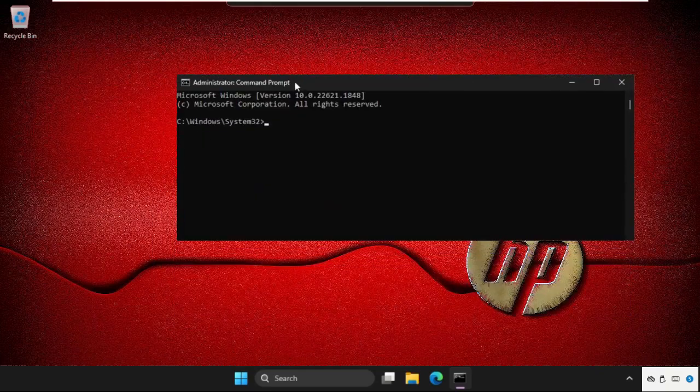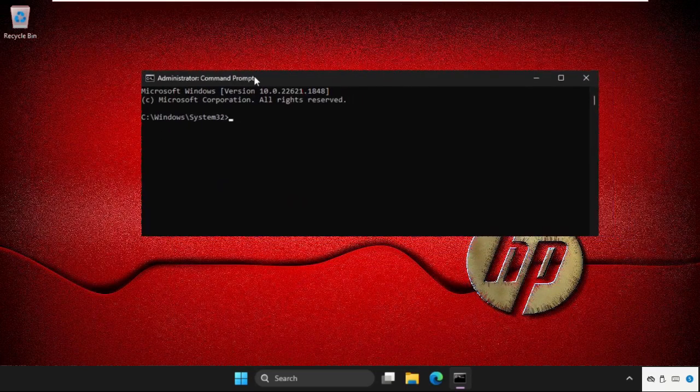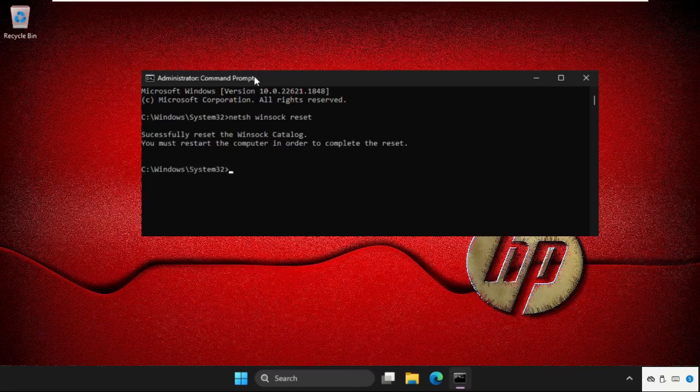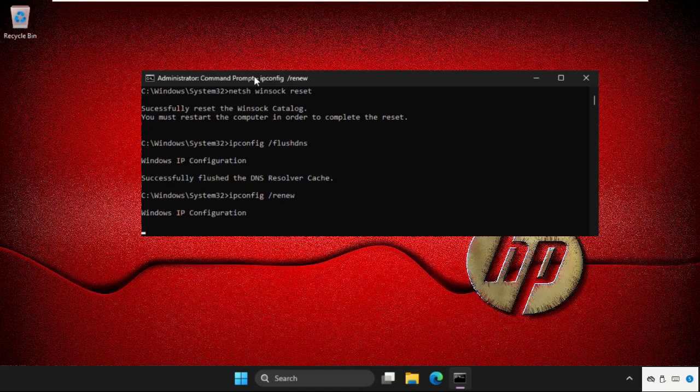some commands. So type all these commands carefully and hit enter to execute them. Type in netsh winsock reset and hit enter. Then type in ipconfig /flushdns and hit enter. Then type in ipconfig /renew, and we need to wait for some time to complete